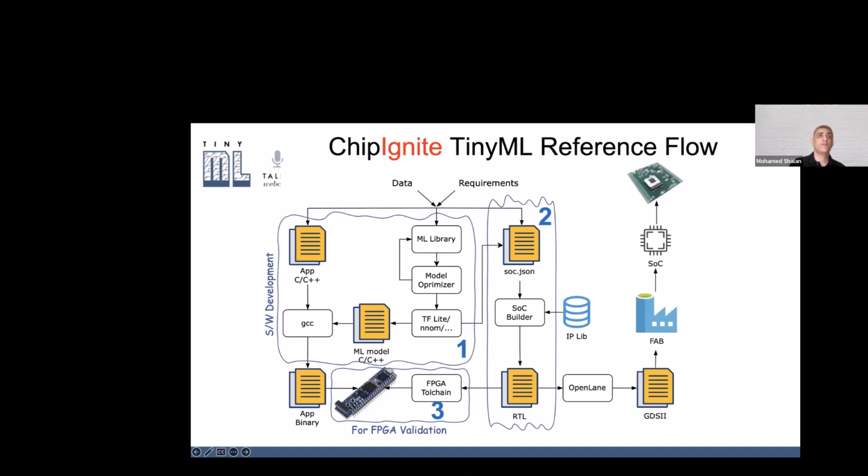When everything is okay in terms of FPGA validation and verification, eventually you can take this into the physical implementation phase using OpenLane, where this flow, which can use open source or commercial EDA, is capable of taking this RTL and generating GDS, which can be sent for fabrication. As I mentioned in the previous slide, after 95 days you can get